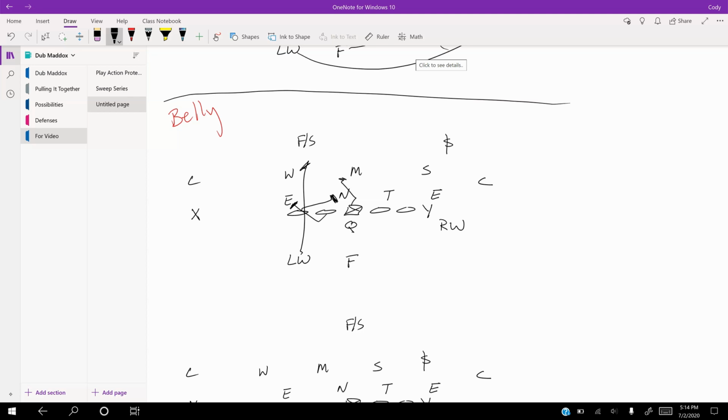Center, a little bit harder. You've got to get around that nose and up to the mic. Now, some people might say, well, we'll just block the nose here with the center and we'll send him down. But that nose is going to eat your lunch if he's worth a dang if you try to do that. So the center has really got the hardest block trying to get back inside out on the mic here,